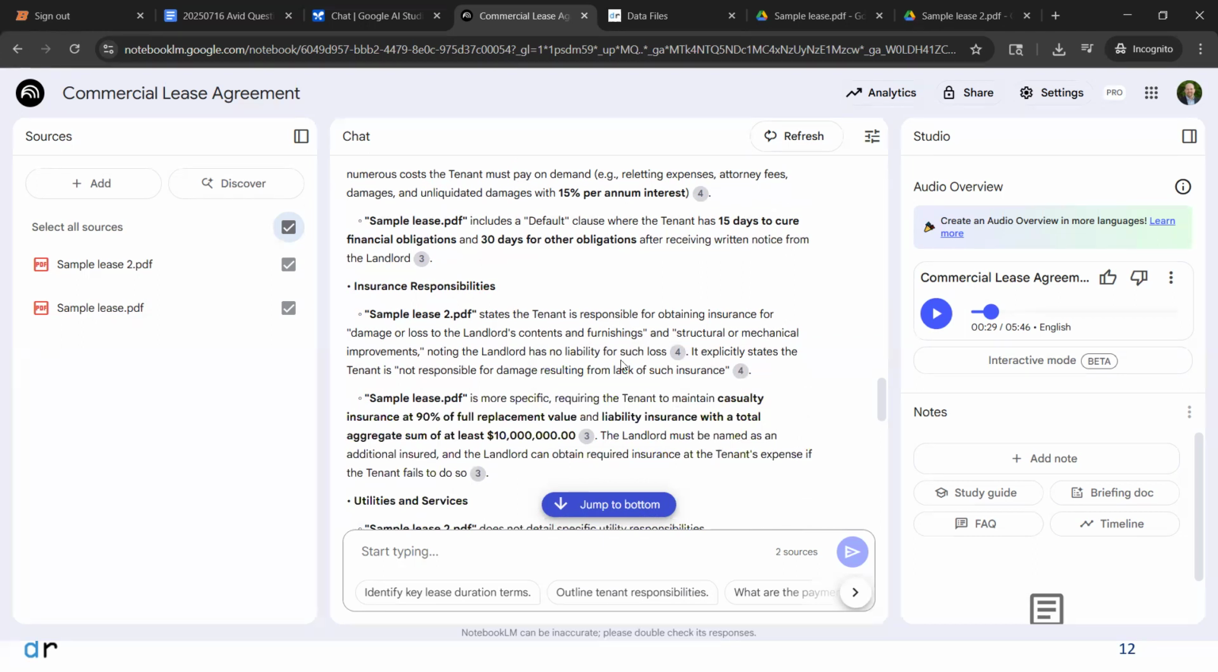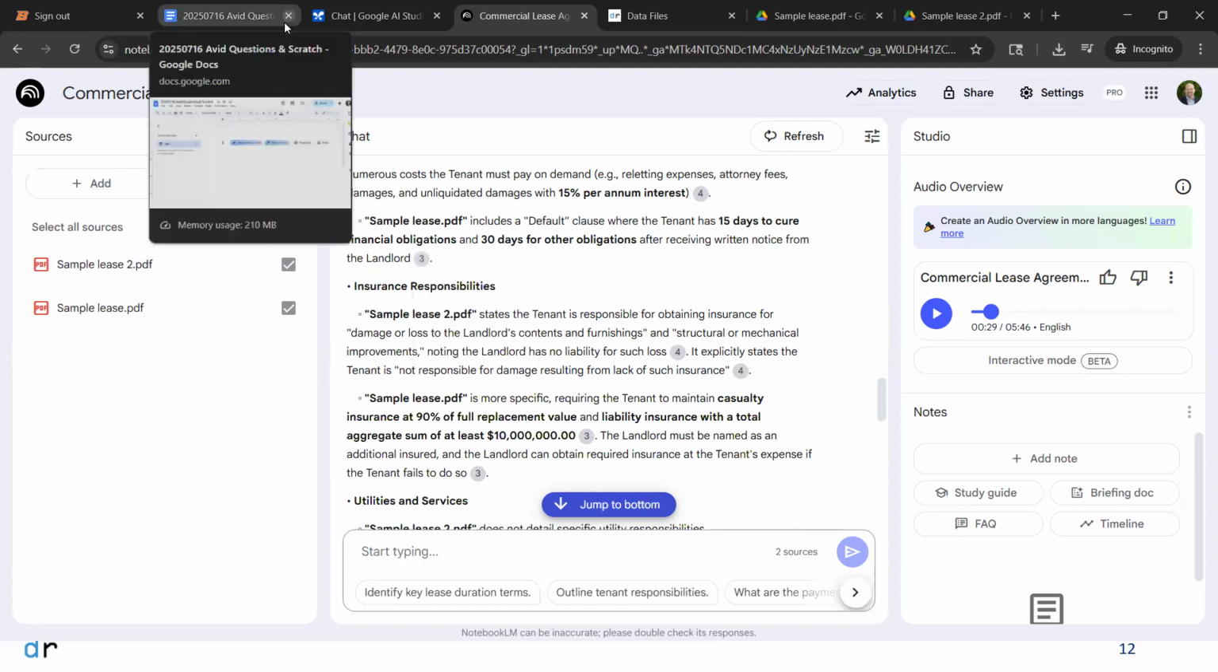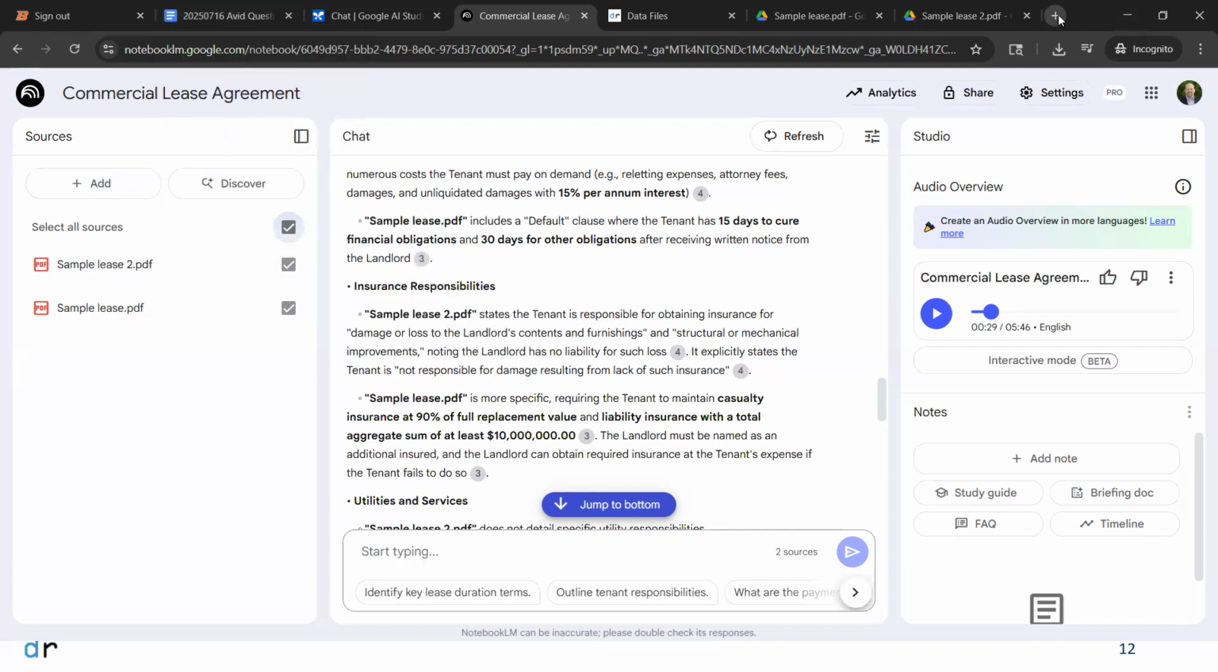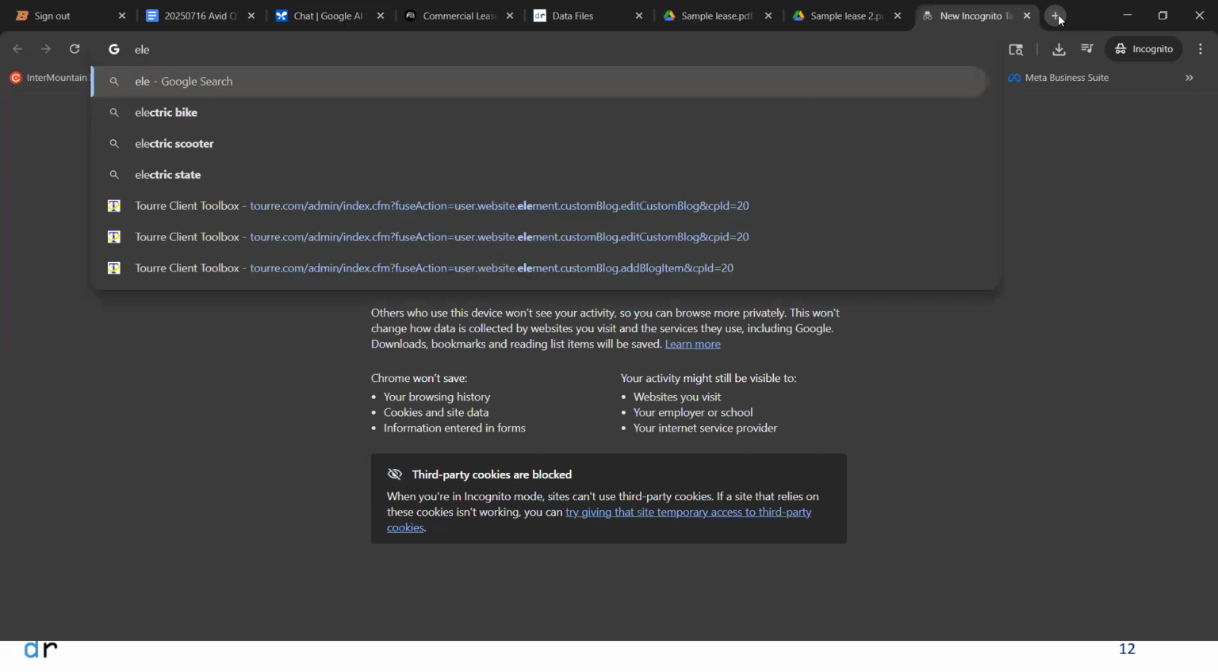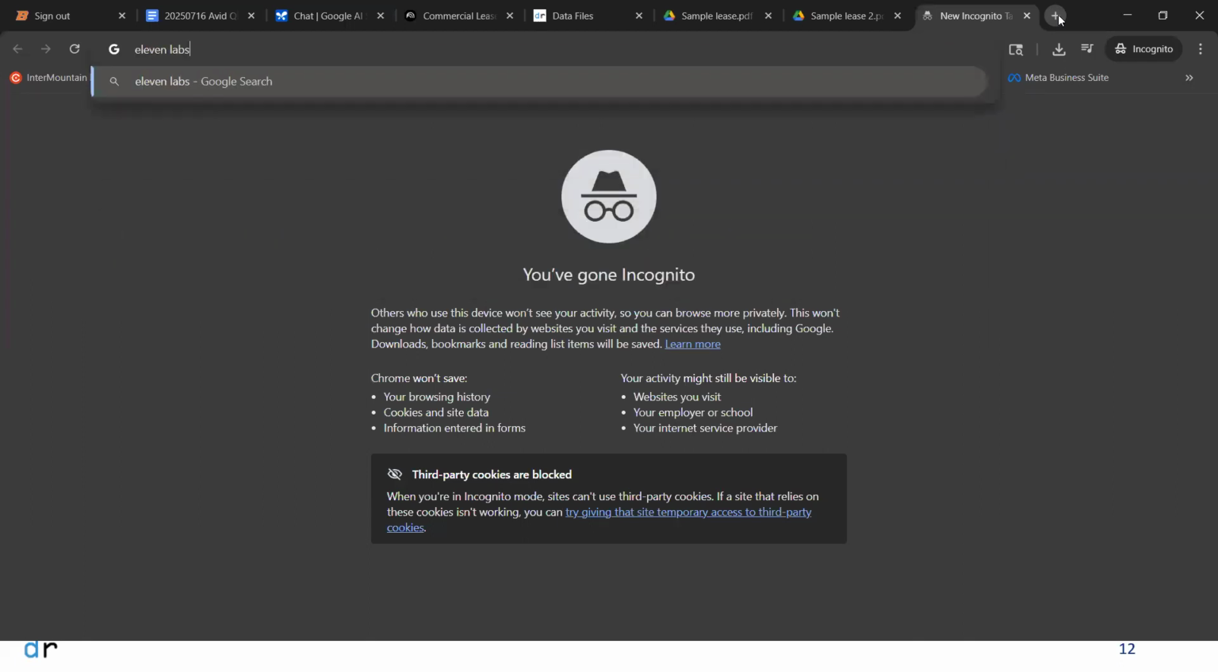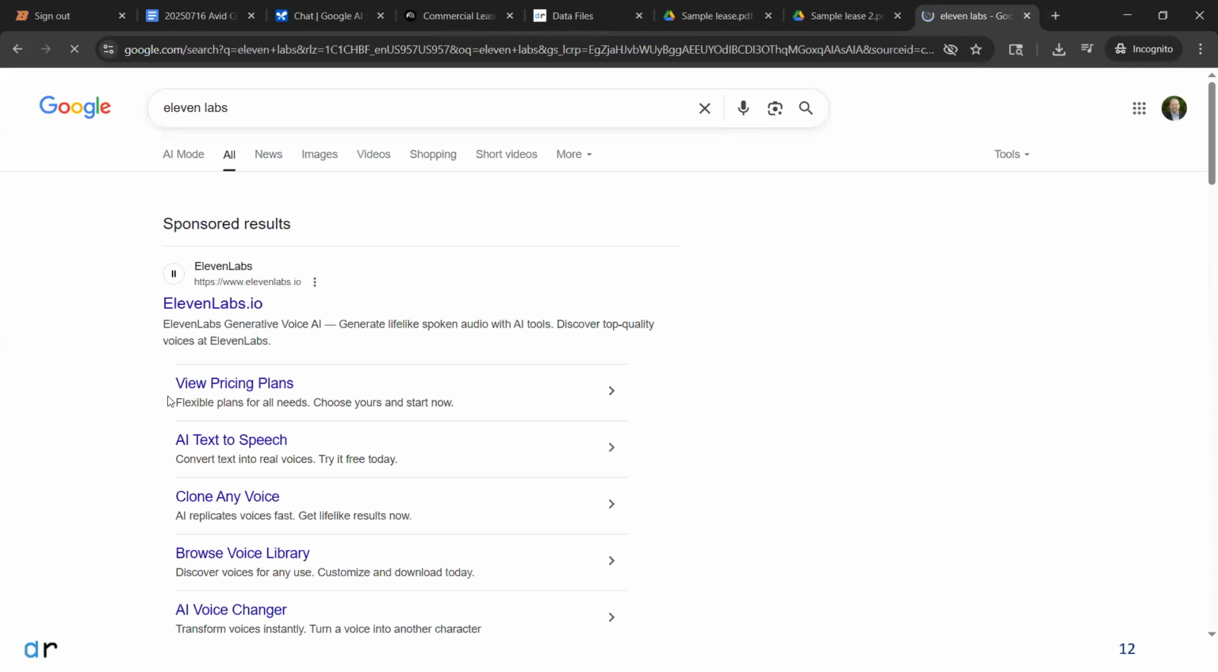Yes. Can you upload a voice memo for it to generate a podcast in your voice instead of AI? Not Google Notebook LM, but there's another tool called 11 Labs that I actually use, and because it's not an